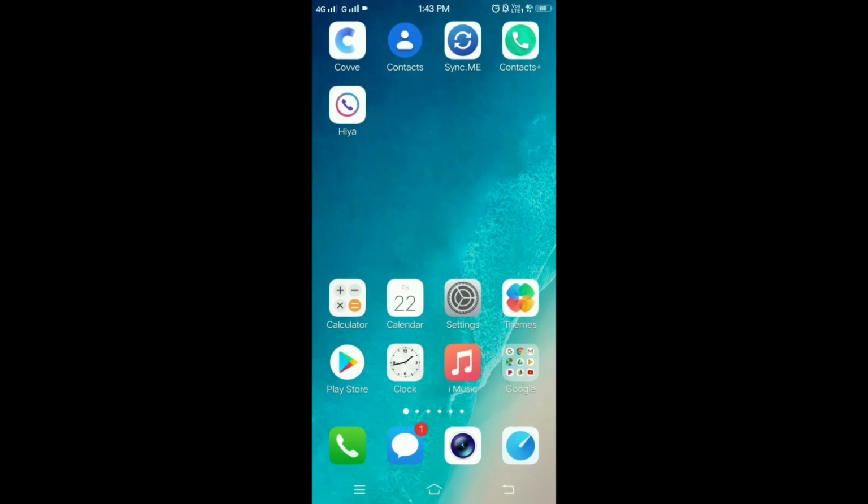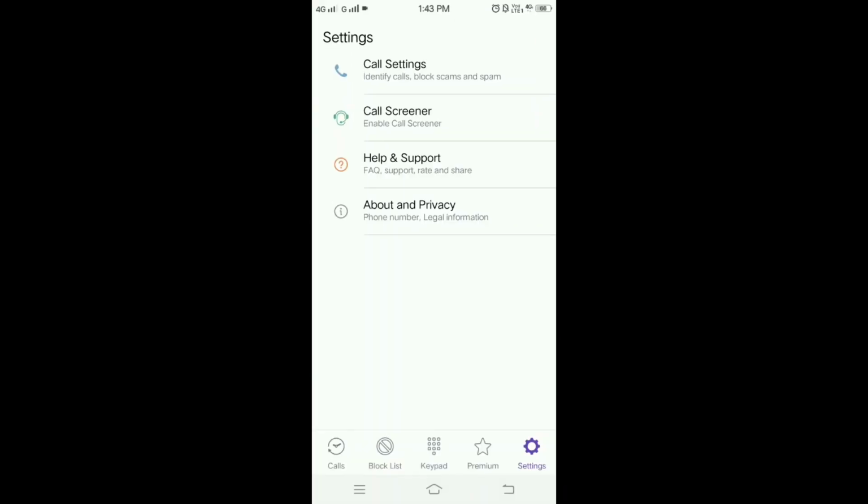Fifth application is Hiya application. Click on this application. To use this application, create an account using Google account. This application is an excellent address book application to have so that you never forget a number again. This application has a large database of registered users, making phone number discovery a relatively easy process. If you are a customer, you can use Hiya to find numbers of local businesses around you. Working more like an actual book, Hiya also lets you monitor who calls you and block spammers or other harassing users.